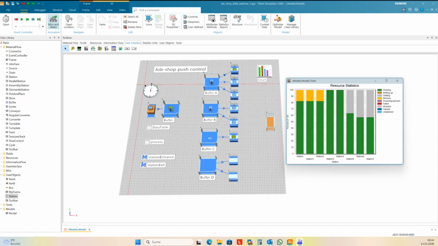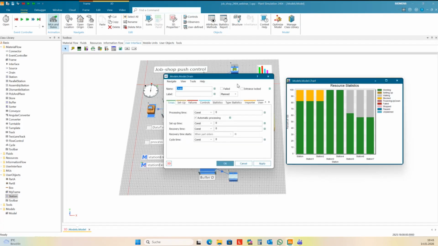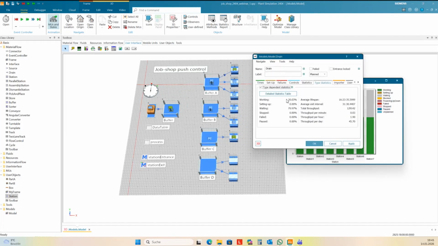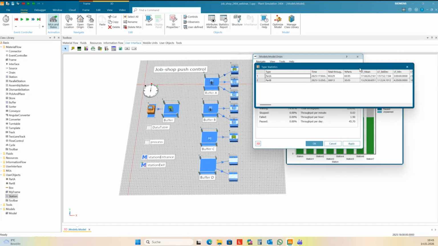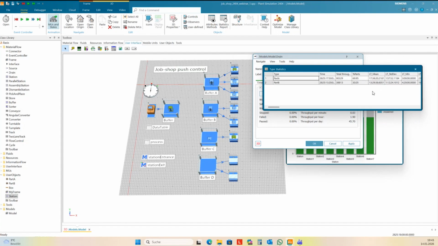Yes. If you want to have statistics about the parts, you can find them here in the train, under type statistics and the detailed statistics table. And here you can find the portions of the parts. Part E is 69%, part B 30%. If you want to have complete statistics, including your scrap parts, then the easiest way would be to rename the part when you mark it as scrap and send it directly to the train.